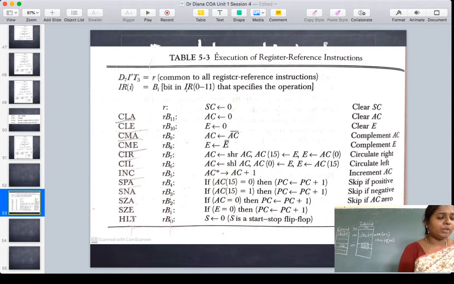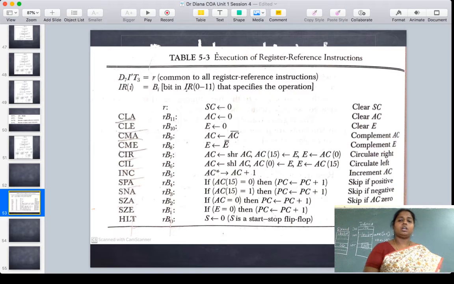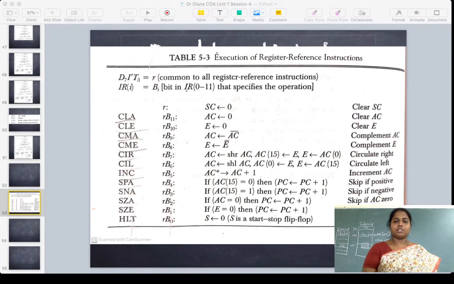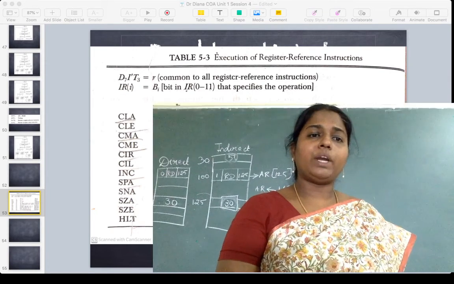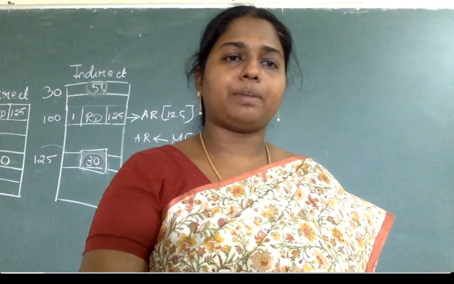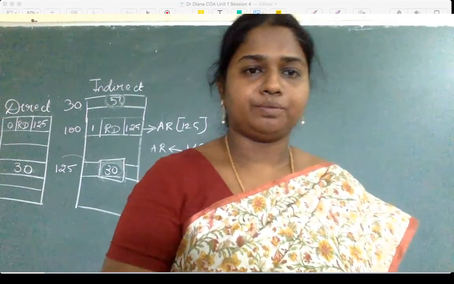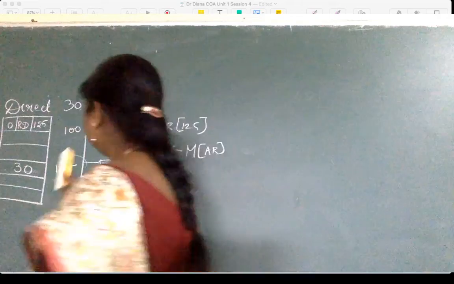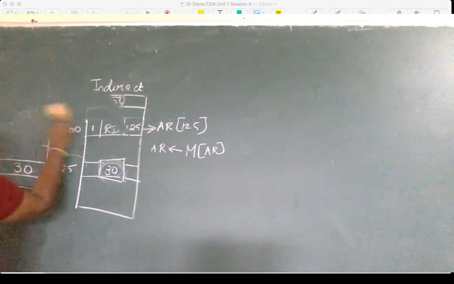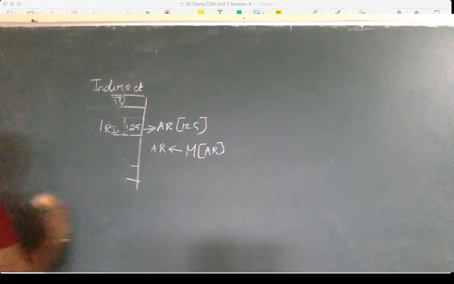The next thing we will see is about memory reference instruction. So, we are going to start talking about memory reference instruction now. So, when does memory reference instruction happen? Tell me. When does a memory reference instruction happen? When the bit D7 is 0,